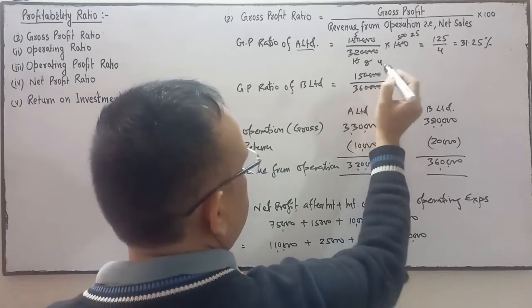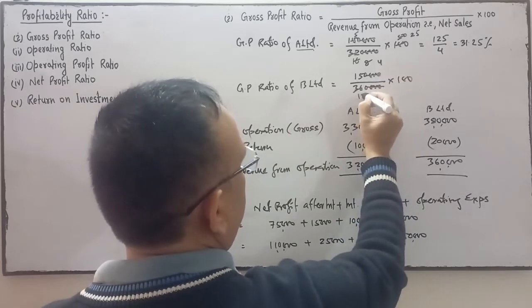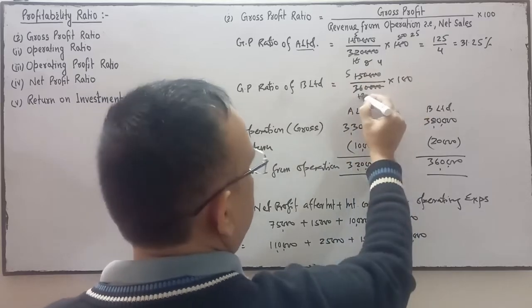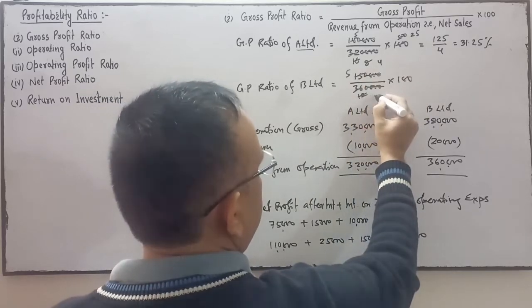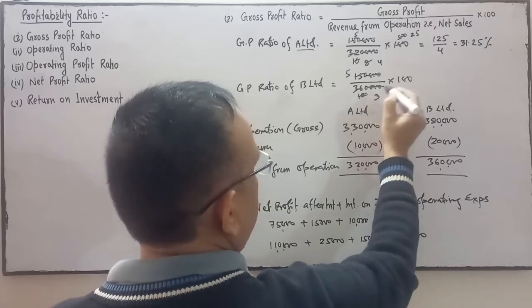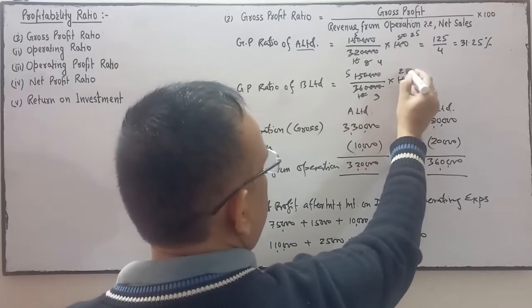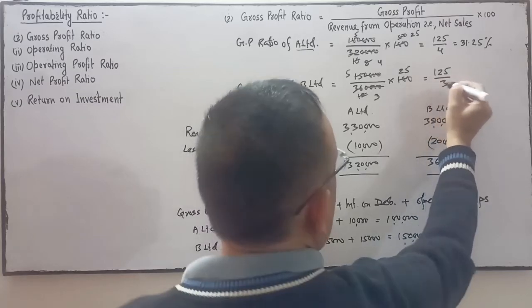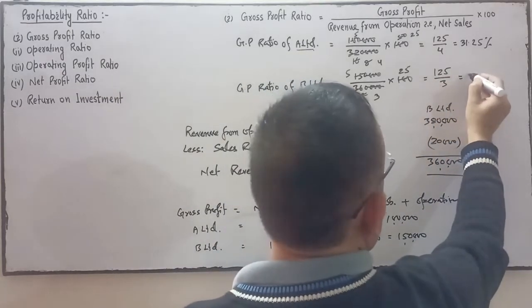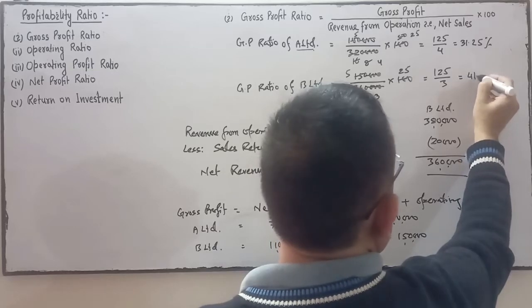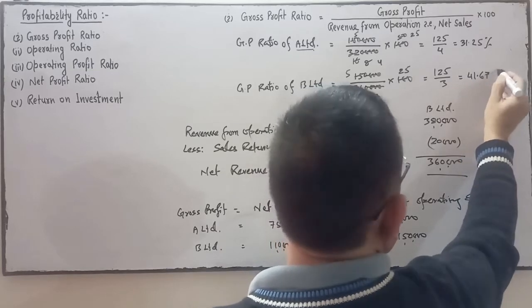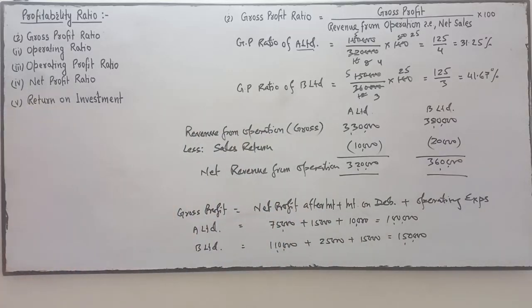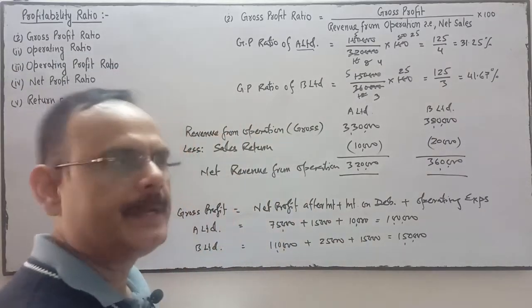So 40 cancel, 3, 2, 4, 3, 25, 125 upon 3. So it is 41.67. It means B Limited company